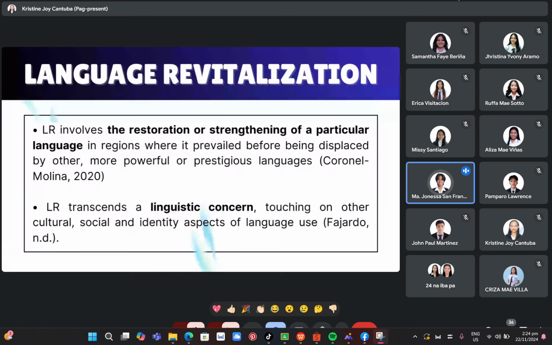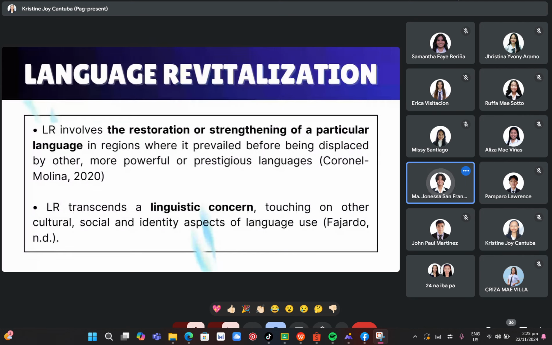These are efforts or processes aimed at reviving, maintaining, and promoting the use of languages which are endangered or no longer spoken fluently by a community. Examples of languages that are now endangered are Ainu, spoken in Japan, Patwin, a Native American language, Yarawi, spoken in Morobe province, Alawa, spoken in Australia, and the Hawaiian language that we know is already endangered now, which leaves